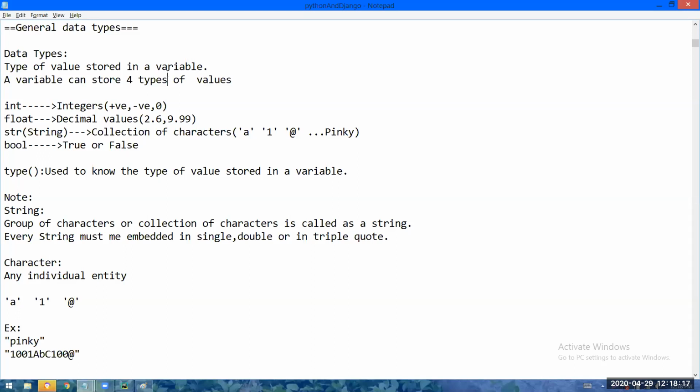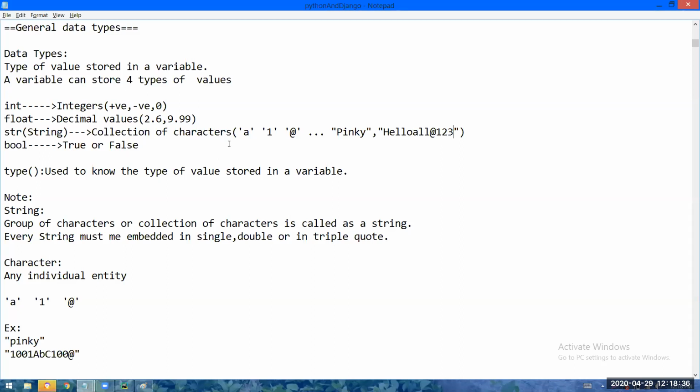Okay, so collection of characters. For example, Pinky is a collection of characters. Hello all @123 is a collection of characters.